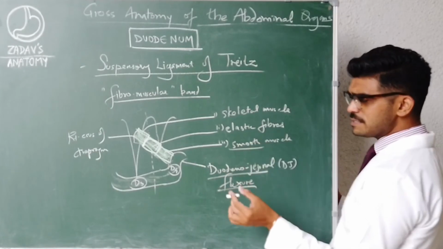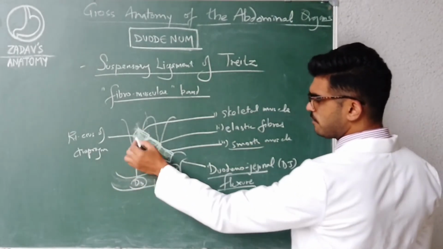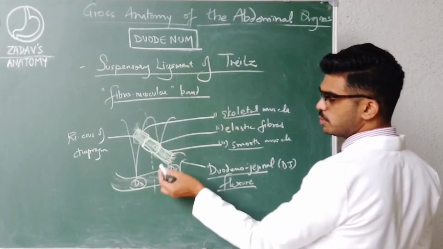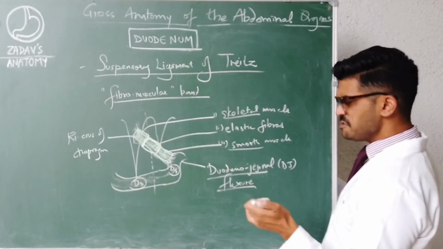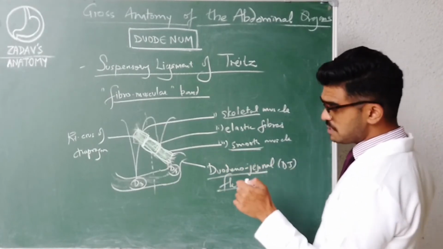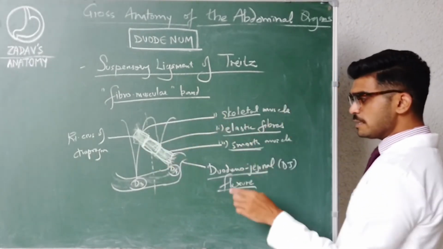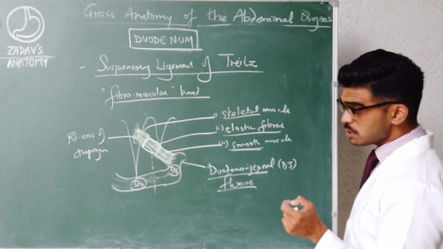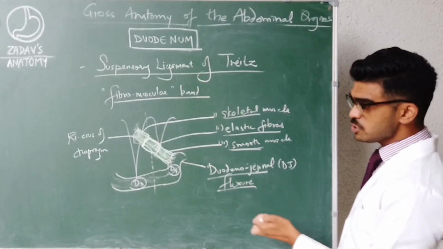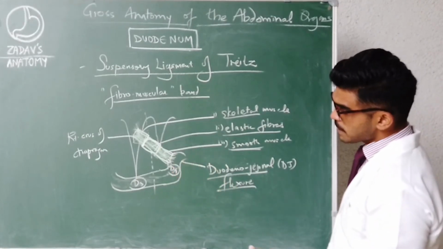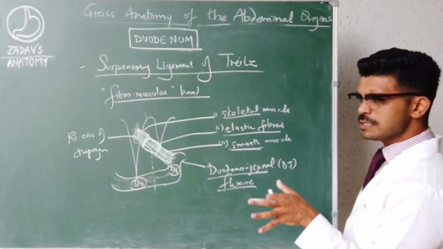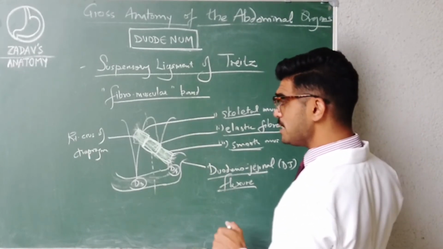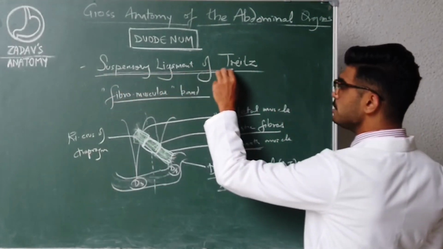I find this very interesting. We're closer towards the diaphragm, hence probably skeletal muscle. Here we're closer towards the longitudinal muscle of the duodenojejunal flexure, hence we have smooth muscle. Don't know a lot about it myself, but it's characteristic for this, and that's importantly asked. This band is also used during surgical interventions to identify the duodenojejunal flexure. It can also prove to be a radiological landmark to identify what is known as malrotation, but let's not get into details of that. So, the suspensory ligament of Treitz,